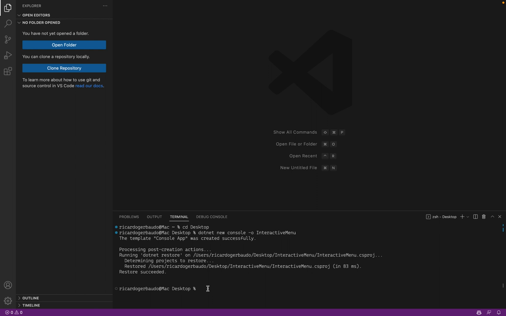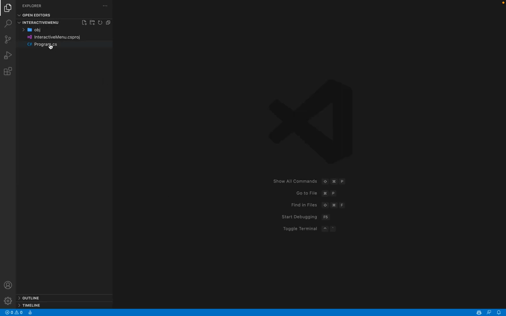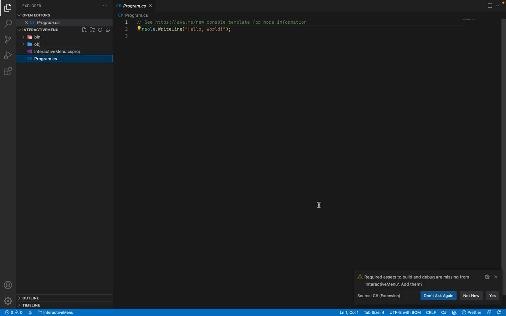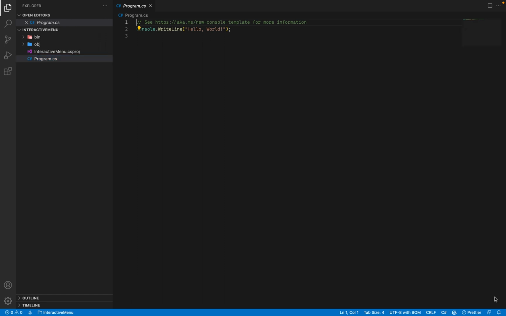So if you check in the desktop now, it created a folder interactive menu. And to open this project in Visual Studio Code, I need to open the folder: cd desktop, cd interactive menu, and code space dot space -r, r to reuse the same window I am now. Okay, so now I have here the program.cs file, and Visual Studio is asking me if I want to add some missing assets to build and debug. I will choose yes,